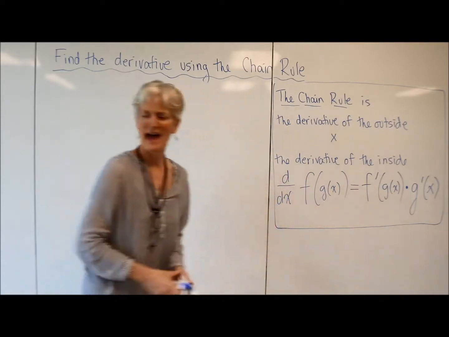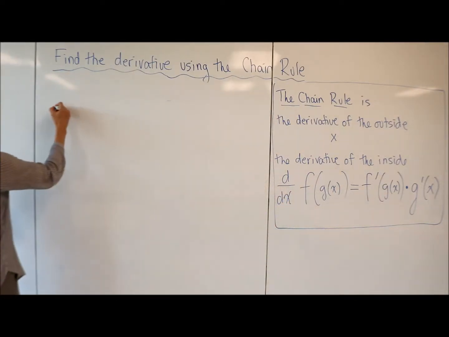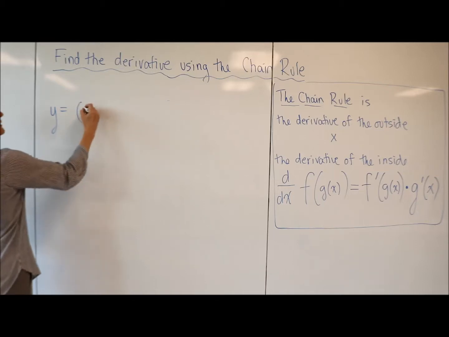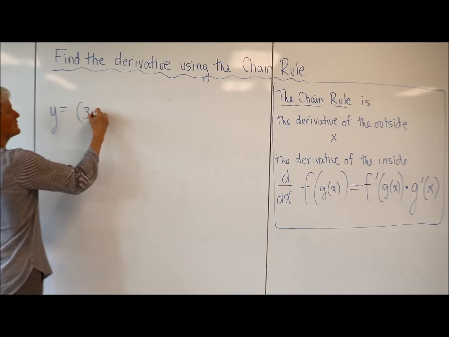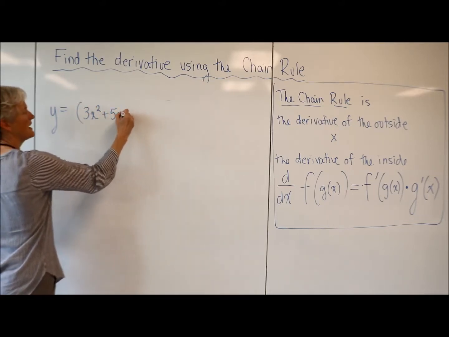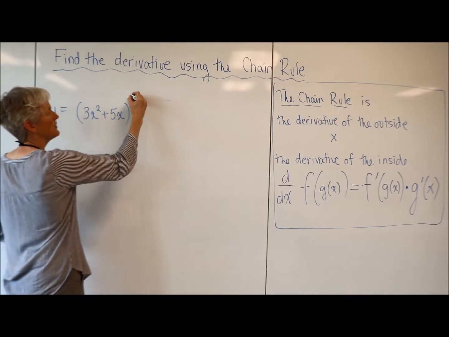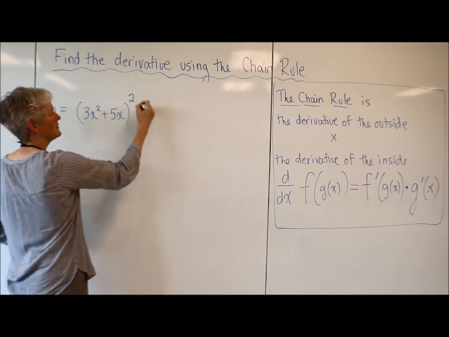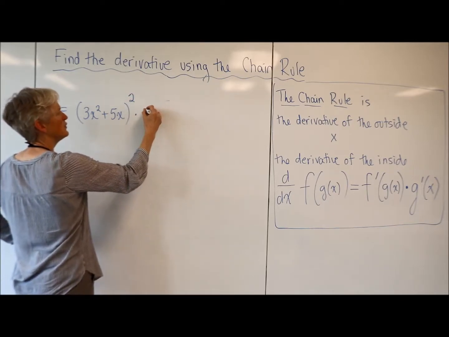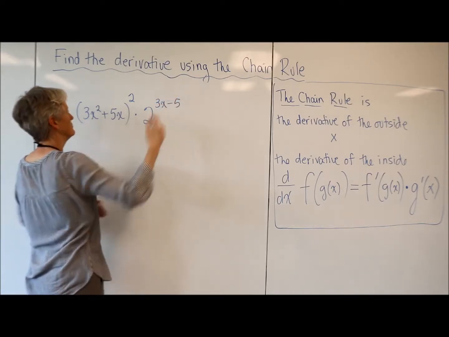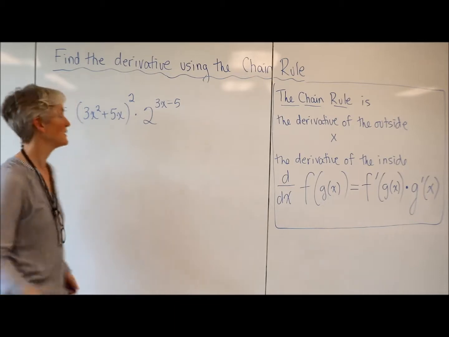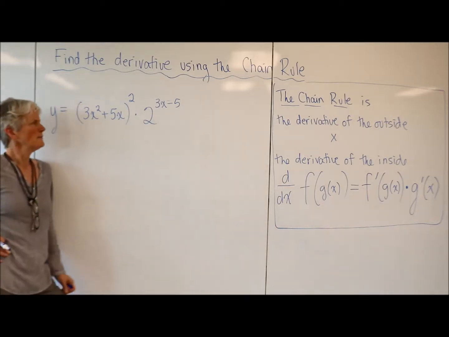Let's say I had y equals, let's say, 3x squared plus 5x, I told you I was into 5s today, to the second times 2 to the 3x minus 5. Oh my gosh, 5s and 3s. What is it? Okay, so